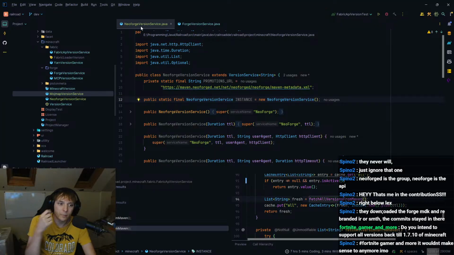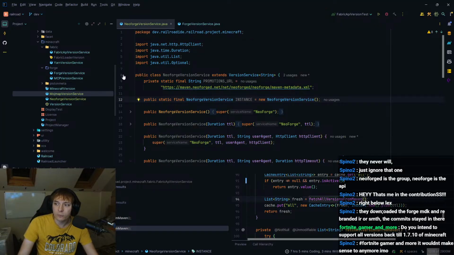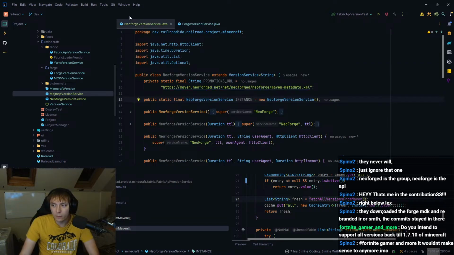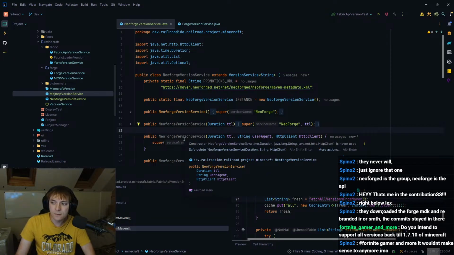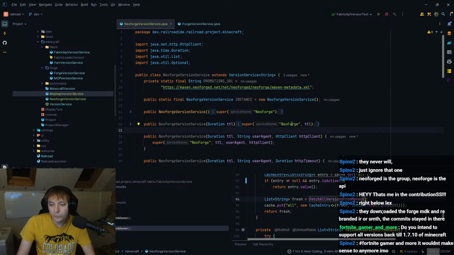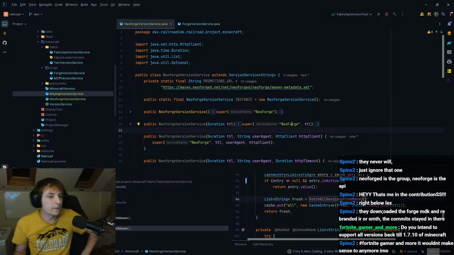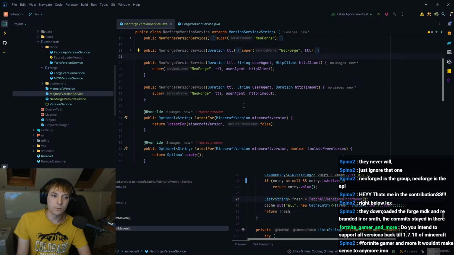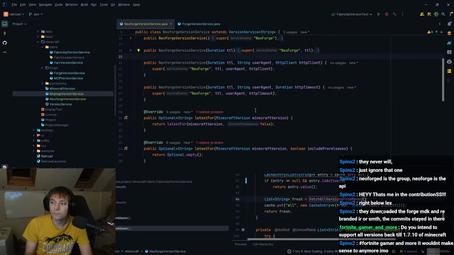Someone might come along and say, I want to make Railroad support 1.7.10. They come along, they do that, and it's done, right? Luckily, since it's an old version, you only have to do it once. Whereas with new versions, you're constantly updating things to make sure it fits the new version. With old versions, it's not like that. So it would be pretty easy for someone to come along and do that.